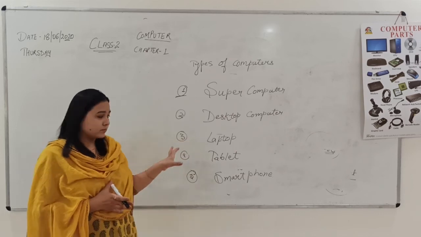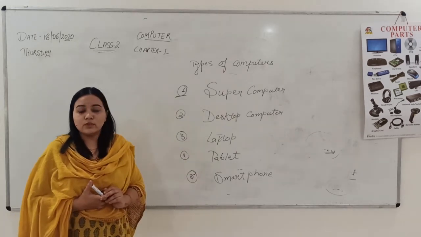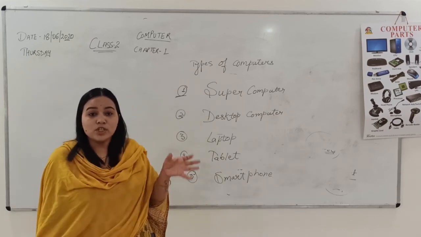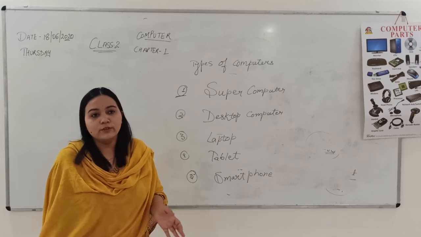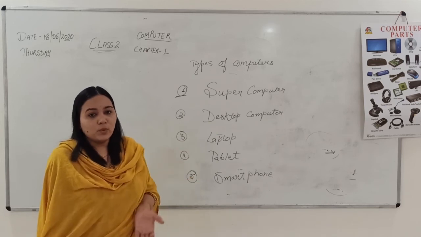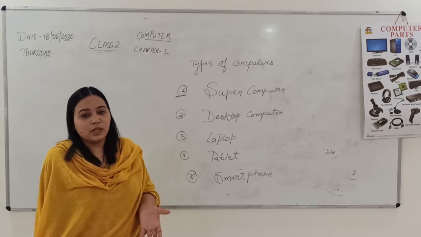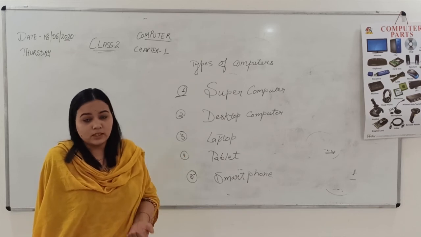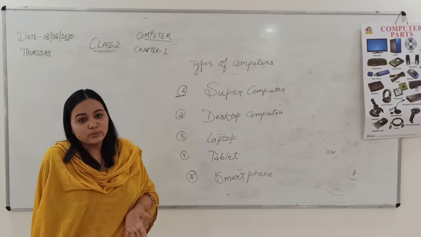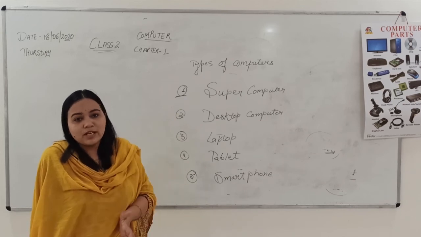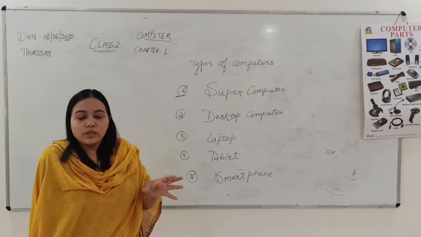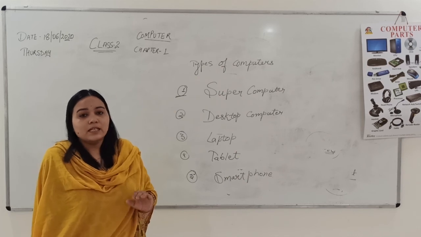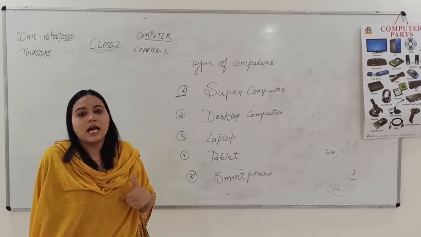Okay, then comes the fifth category of computers, which is the smartphone. So the smartphone that you might be holding in your hand right now to watch this video is again a kind of computer. So you already know what a smartphone is. You are already every time there on your smartphone studying, listening to videos by your teachers and doing so many other things on that. So this is also a kind of computer, which is a very small one, an improvised version, and you don't need a mouse on it. It is a touch screen setup, so you can do things by just clicking your fingers, and it doesn't need a mouse. You can scroll through it and do your tasks.